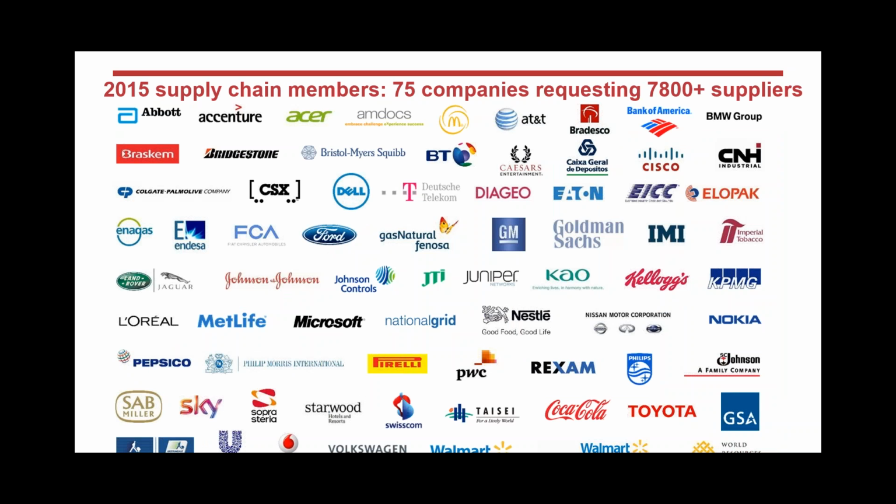you can see that there are many companies out there that are using CDP data in their supply chain management. The 75 different members on the screen are going to their key suppliers with the CDP request and integrating that data into their procurement processes. There are members across industries and regions. Notably, recently, we also have the GSA on here. GSA is another way of saying the U.S. government. As part of Obama's climate change work in April, the U.S. government is now going to its largest suppliers with the CDP request.